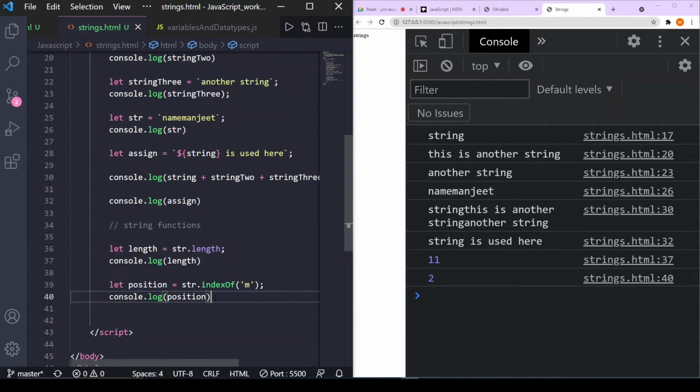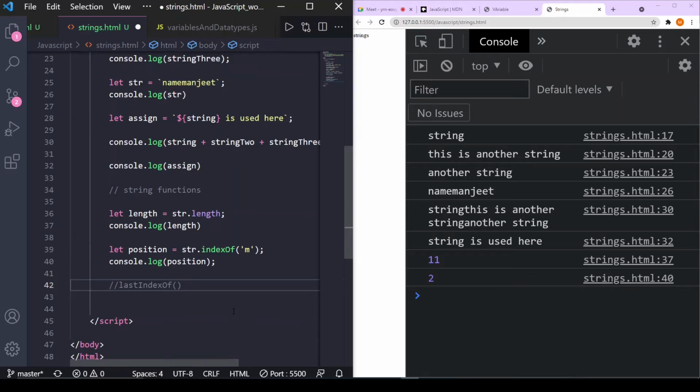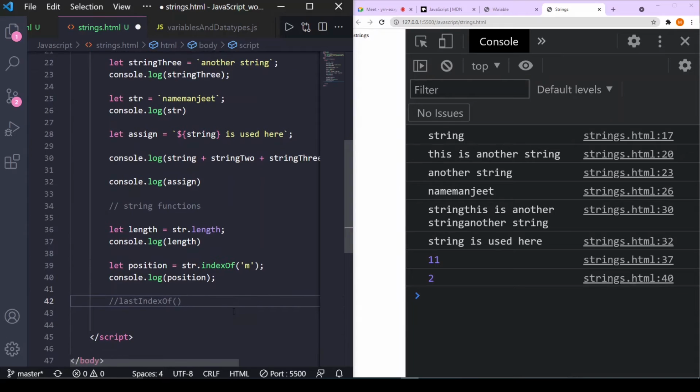So for that we will use lastIndexOf. There is another function, lastIndexOf. Now, if you have noticed one thing in these functions, like indexOf, this Of is capital. This is also due to that camel case notation. So JavaScript uses camel case notation. If we get familiar with this, like while declaring our variables, it's beneficial to us. In case of functions we want to remember, it's easy to remember if we remember it by this camel case notation. So let's use position again.